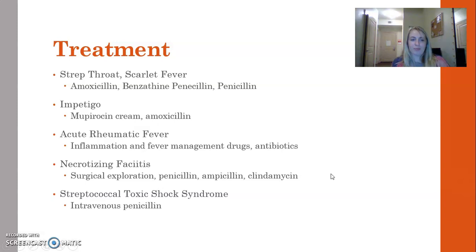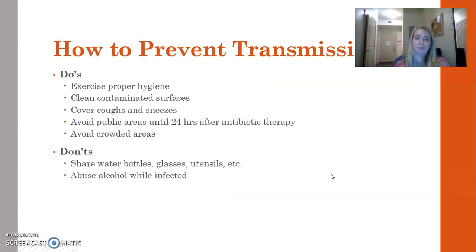And then as far as streptococcal toxic shock syndrome, what they're going to do is give you intravenous penicillin. This is going to allow you to fight off the infection in your blood much quicker than you would without it. So if you're like me, you're probably thinking that's disgusting, and it's very common, very easy to get, but